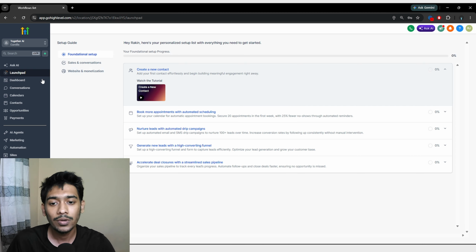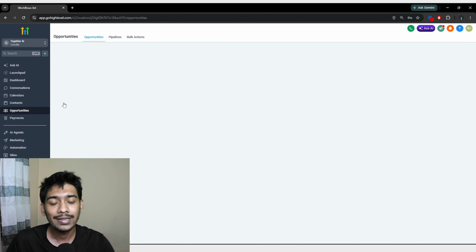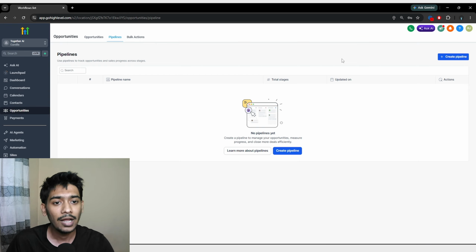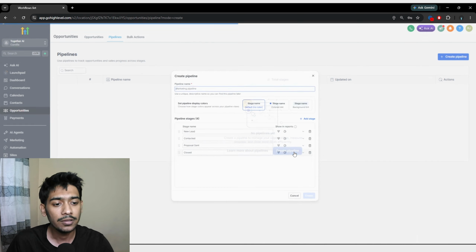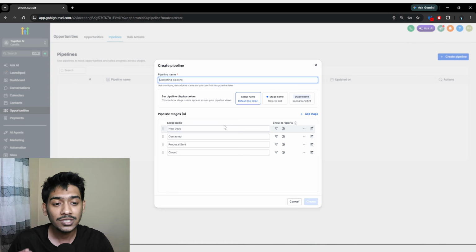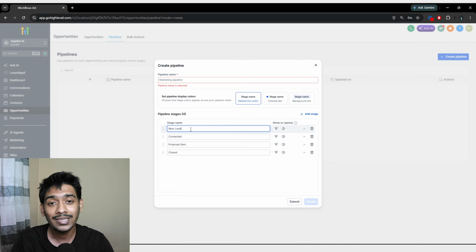Okay, so now we have to create a pipeline so that we can track the leads. For that, I'll go with simply opportunities, and then I'll go with pipelines. And from here, I'll go with create a pipeline. And here you can see we have these 4 stages. In here, if you want, you can add stages. So in this case, I'm not adding any new stage. Instead, I'll just rename as new lead,